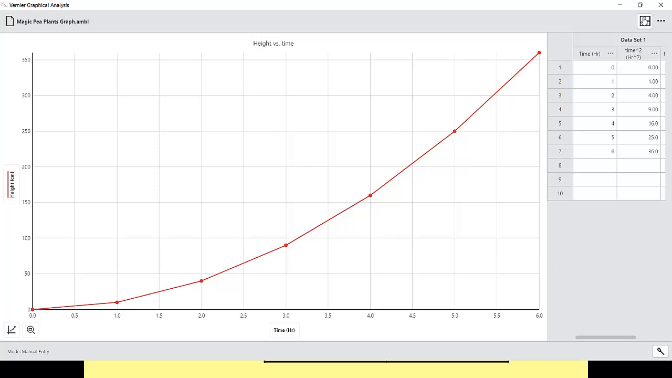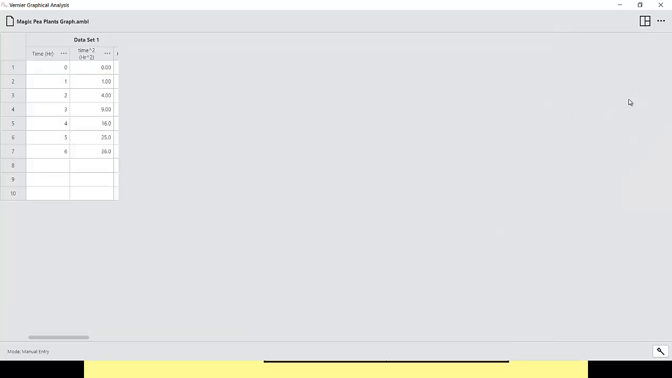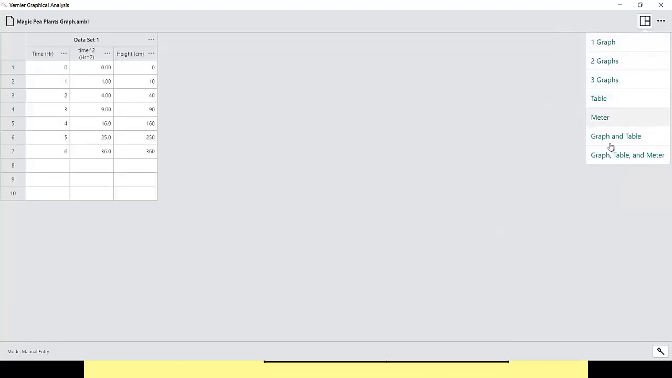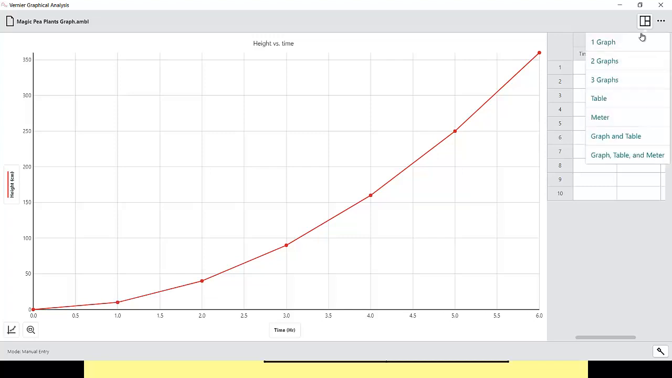We go up to this box, which is called View Options, and you notice it kind of looks like how the screen's set up. And here is where we can change how many graphs we want to see, or if we want to just see a table, we click on this, it just gives us the table. Right? Graph and table is what it defaults to. But in this case, I want to make 2 graphs. So I click on this,